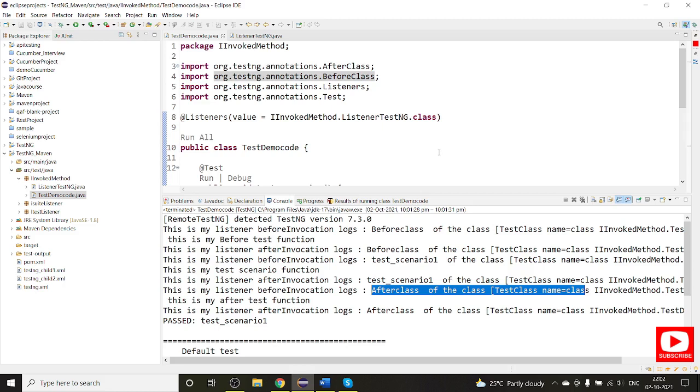I will likely help you. And this type of question you may experience in interviews: how does the invoked method listener work in TestNG, what is the purpose of using this, and what are the advantages and disadvantages. You can explain all these things that I have explained so far.